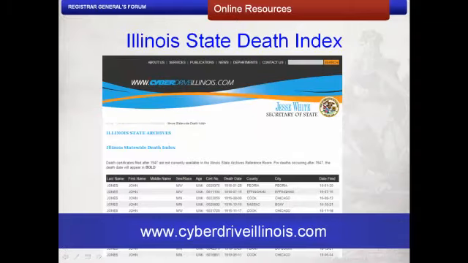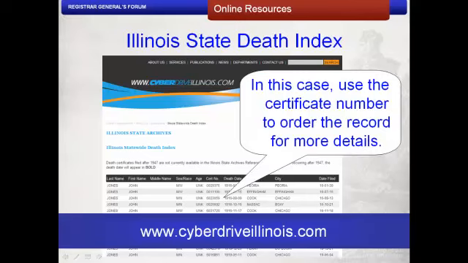However, in a search for John Jones, there are so many men of the same name that it is impossible to determine the identity of the correct man with the limited information provided in the index. Remember, indexes are comprised of information abstracted from the actual record. While the Illinois State Death Index from the Illinois State Archives is an acceptable source of documentation for DAR purposes, in this particular circumstance, the original record is needed and can be ordered with the certificate number provided.